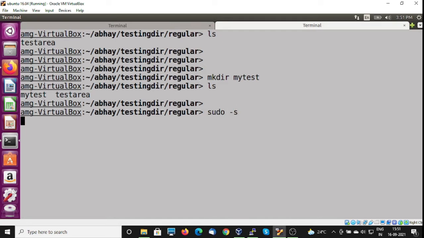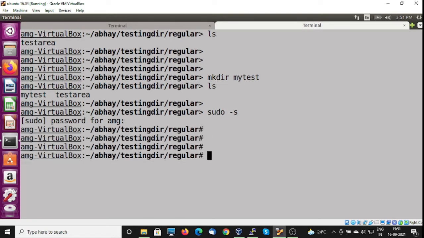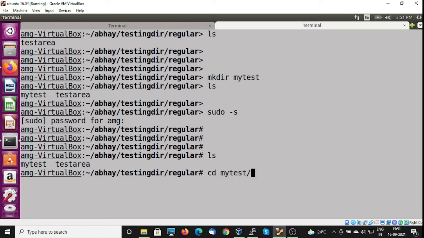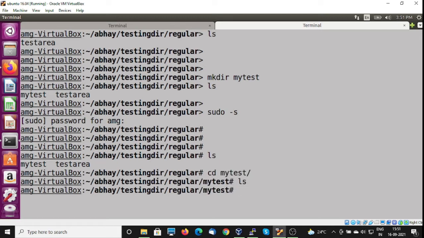User needs to be a super user to do the installation of ATSM. I will go to super user mode. Now I am acting as a super user. Now let me go to my test directory. There is nothing here right now. I will copy the ATSM installer program here from my download folder.